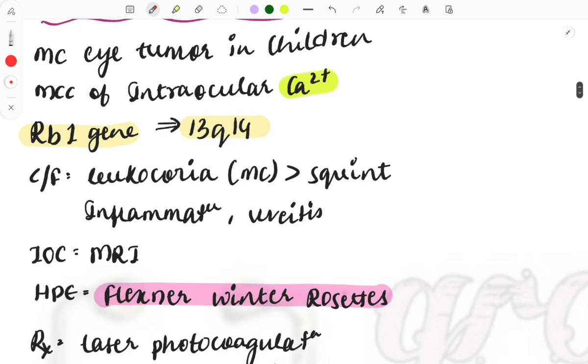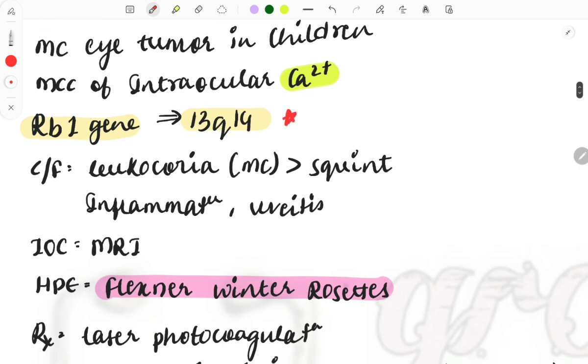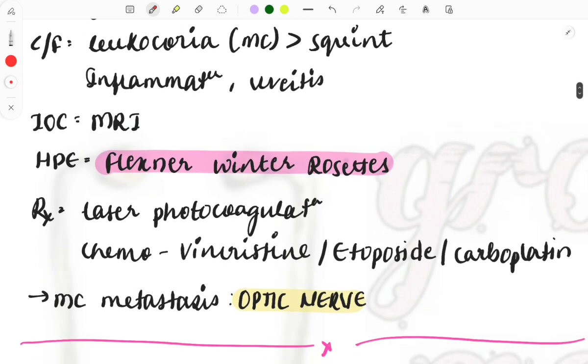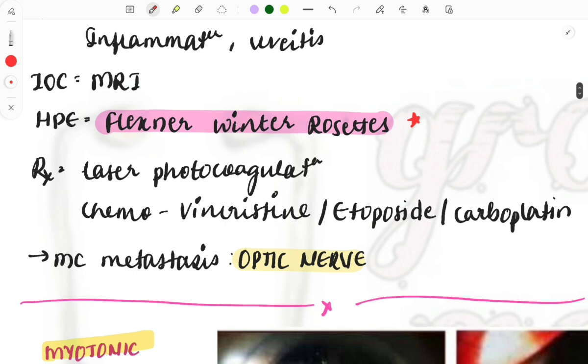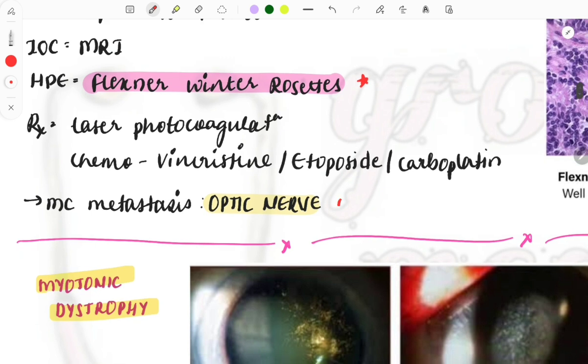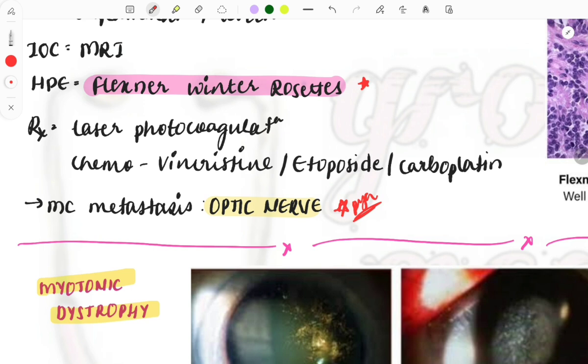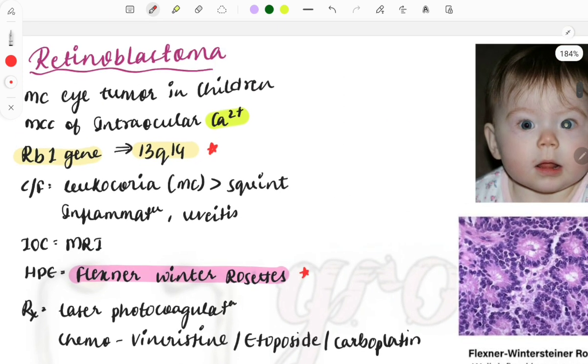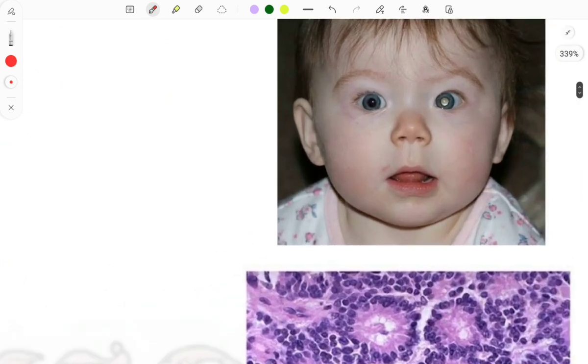Then RB1 gene will be affected, important from patho. Then clinical features are leukocoria, squint, inflammation and uveitis. Investigation of choice MRI, HPE histopathological, Flexner Wintersteiner rosettes, and this is also important from patho. Treatment laser, photocoagulation and chemotherapy we will be using VEC, and most common metastasis is the optic nerve. So this was a PYQ. A simple one liner was asked that most common site of metastasis of retinoblastoma is the optic nerve, and this is the image which can be given in the exam,